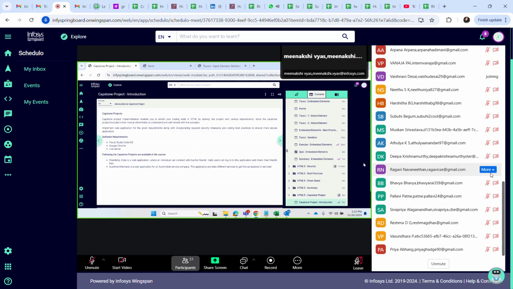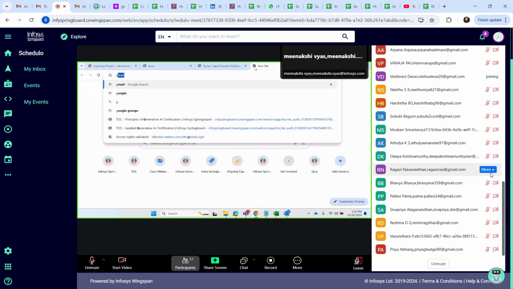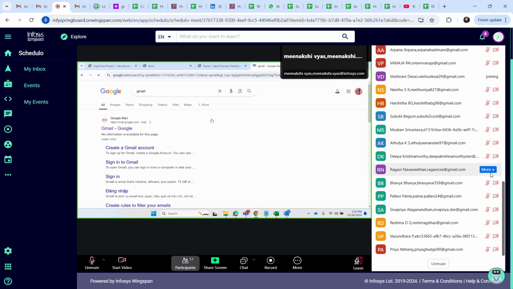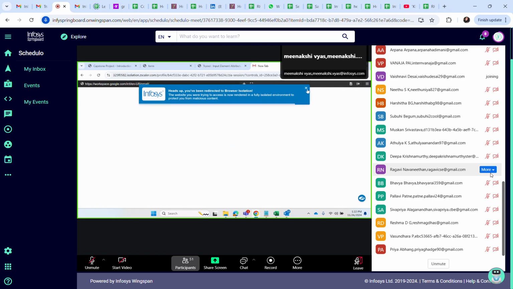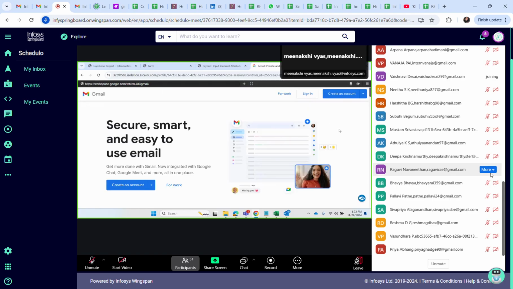First you divide your task into small components: how my page will look whenever somebody logs in. Like when I write Gmail, this is the first page which comes up. So you first think about how my page should look. There should be an image, right? There should be a text.